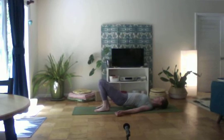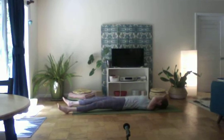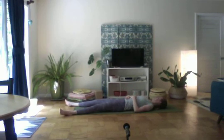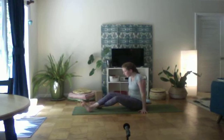Coming down gently. And then undo the legs. Just windshield wiper the knees or let the legs come slack. Good. And then for those who want to do shoulder stand, take a blanket underneath and roll your hips up so that the palms hold the hips, maybe walking the heel of the hand up the back in shoulder stand. Or if you'd like to come into headstand,